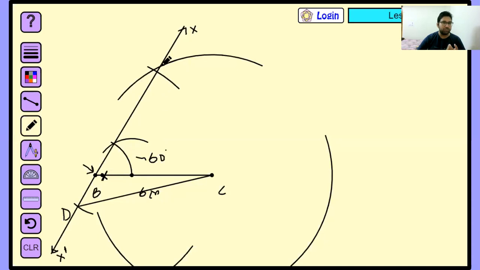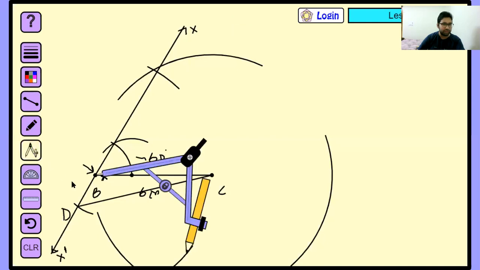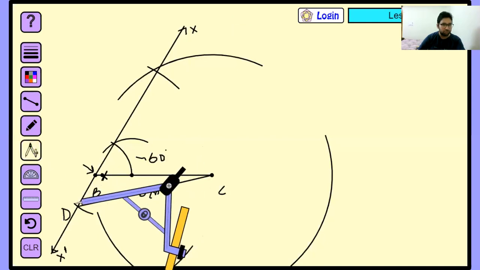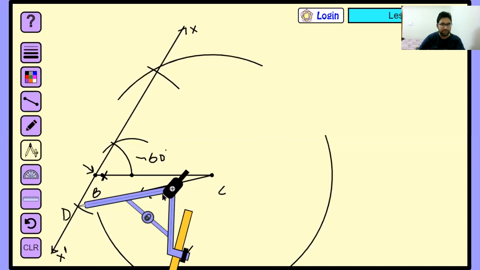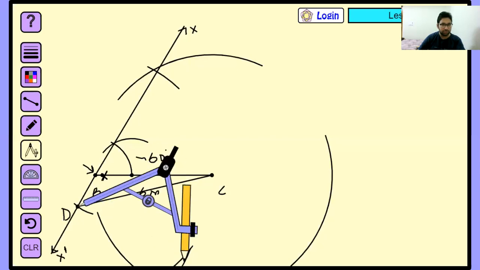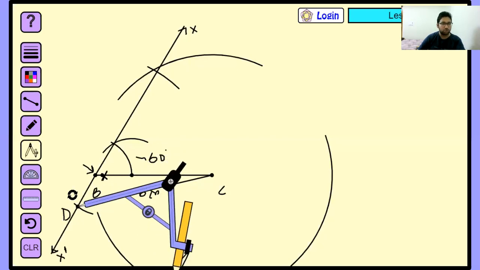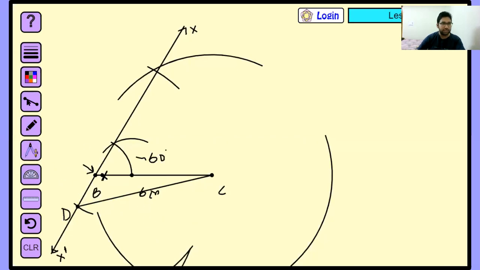Okay, now class, we have got the perpendicular bisector of this DC. Sorry, actually in talking with you I'm making mistakes. Time is also less. So you have to keep the compass on C and take the arc. You have to keep the compass on D. I think you guys are saying I mistakenly did it on B. That was a mistake. Keep it on D and then take the arc. This is correct. Yes, beta. Sorry. Now we have got it.